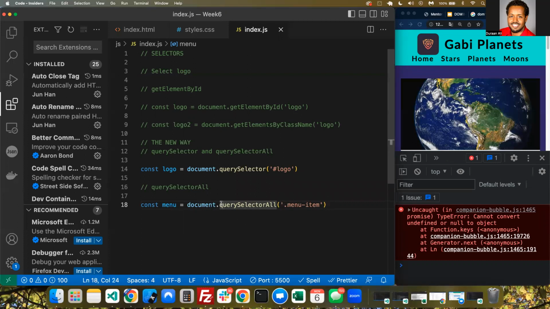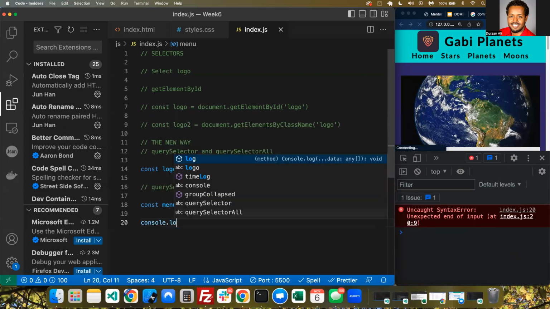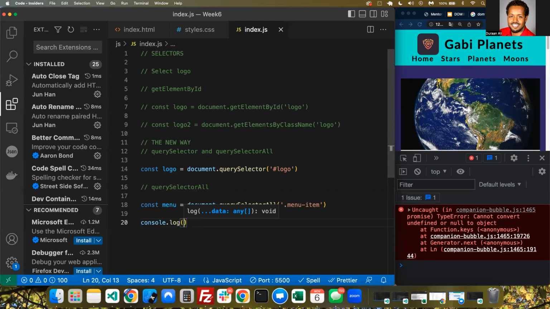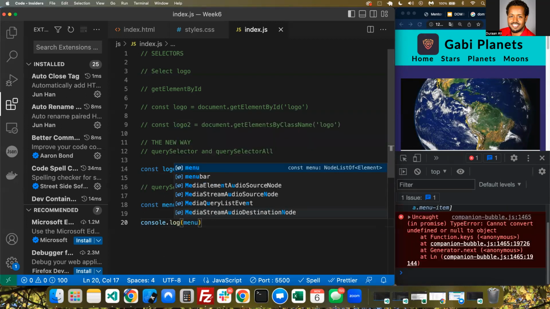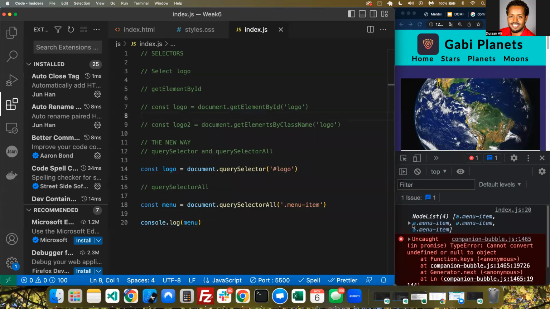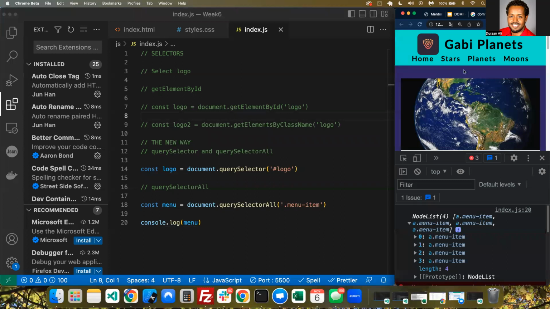This will create something called a node list. We haven't console logged yet. This will create a list basically, but it's not an array, right? The node list is basically a list of all the elements. So if you hover over them, you see each element at the top. The good thing about node list is that it's just like an array, but it only works with